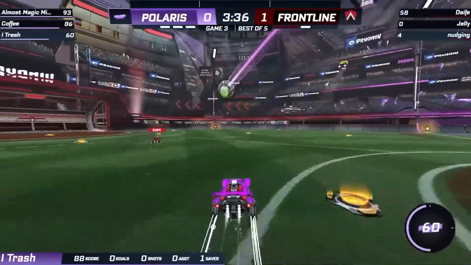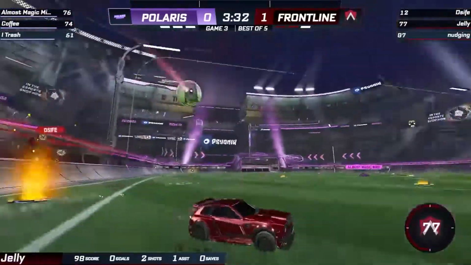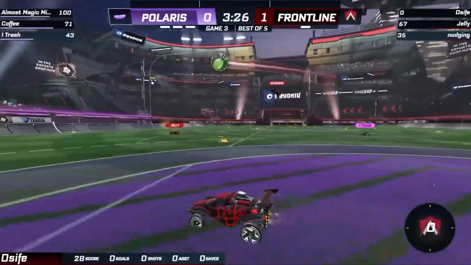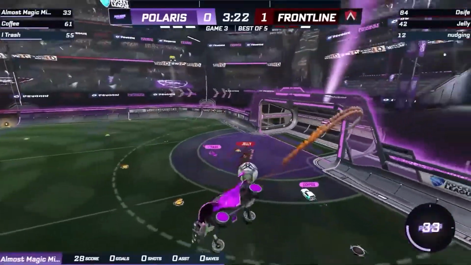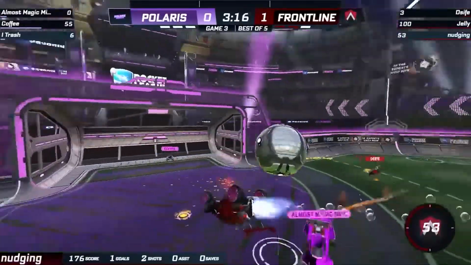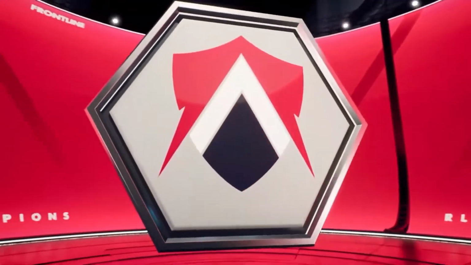Who needs to shoot accurately when you have as much possession as Team Frontline does? Their skills of reading where the Polaris defense is trying to go with the ball are immaculate, and it is keeping them well ahead in this game in terms of time of possession. They're only up 1. I mean, the back line defense of Polaris is almost as good as the offense in the center third for Team Frontline, but eventually you're going to crack, you're going to crumble, and Nudging makes it